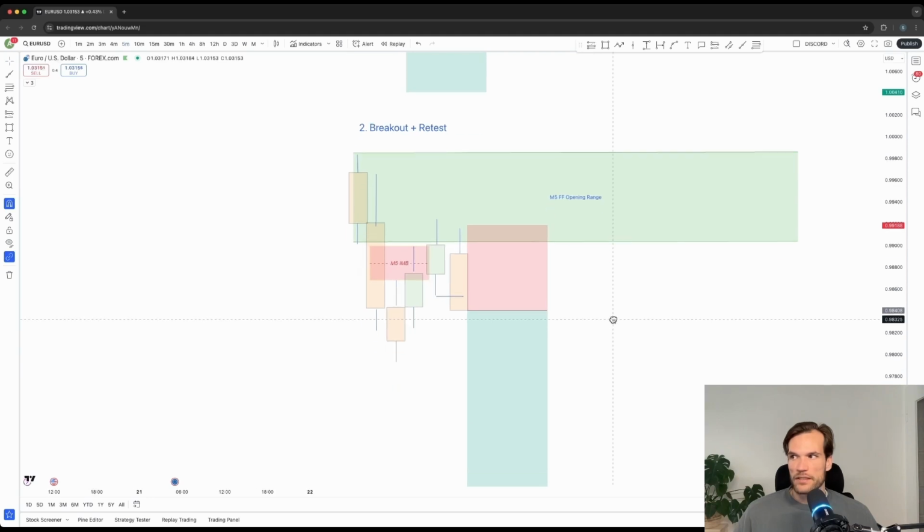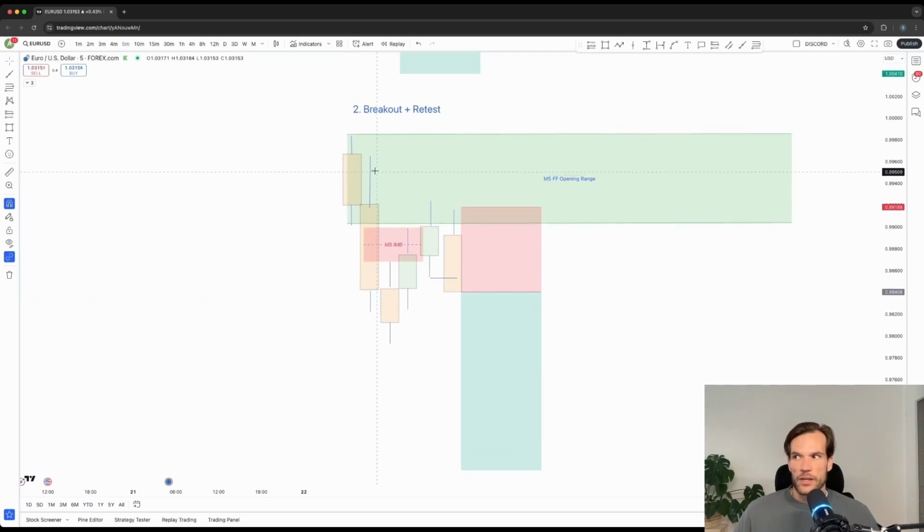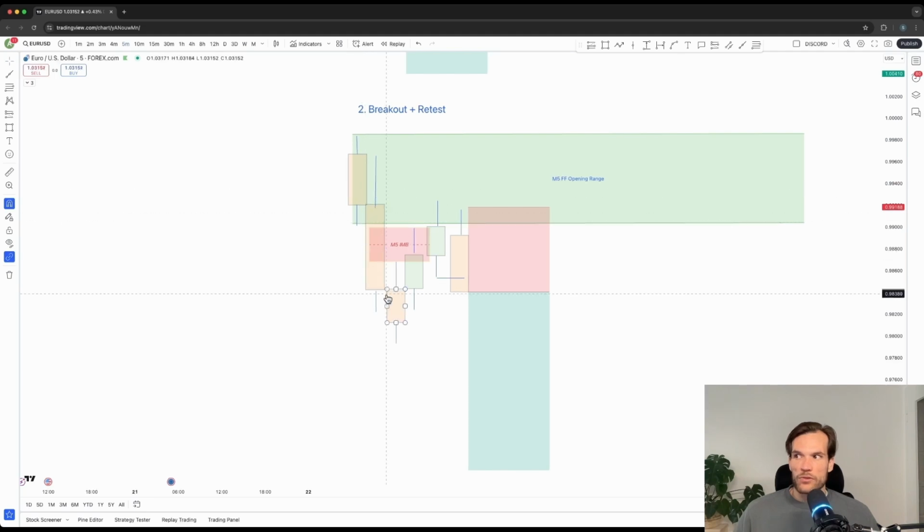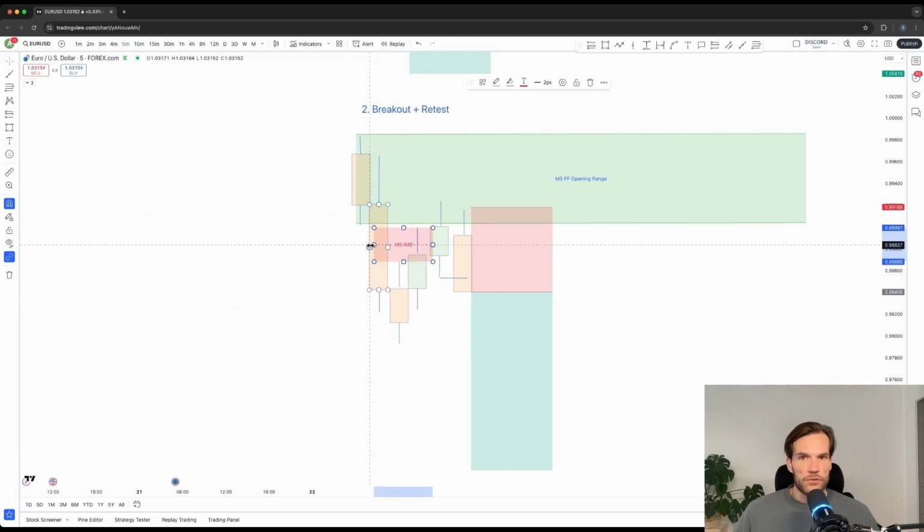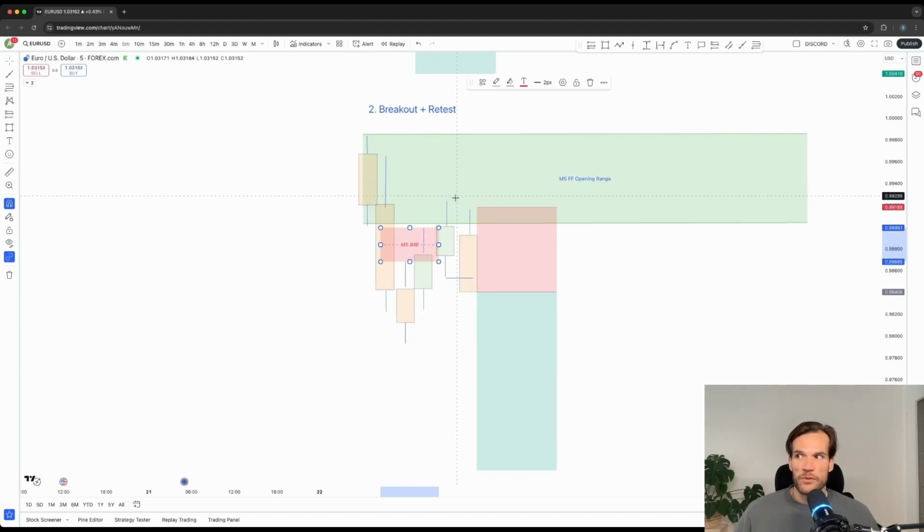The second one is the breakout and retest. So we have also a bearish example here. We have price moving down impulsively. That's what we need. We have price that has left imbalance behind, which is a requirement. And then we have price moving back in to mitigate this imbalance as well as retest the opening range, ideally